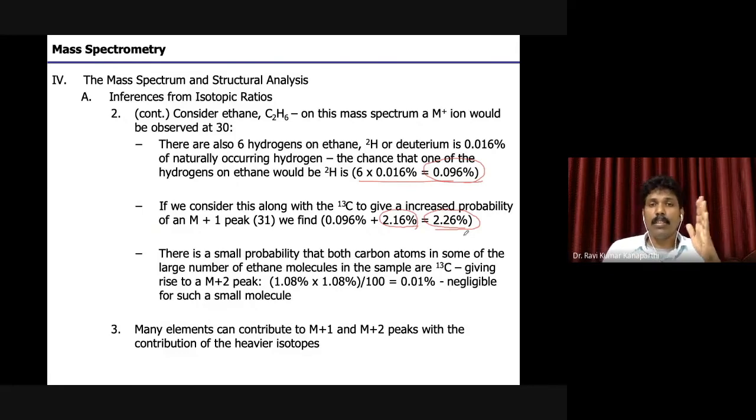That means when you talk about ethane, C2H6, its molecular mass is 30, and adjacent to 30, at 31, you will see a peak of 2.2 percent, a small, tiny peak. The tiny peak comes from the m+1, and to the m+1 mostly the carbons and hydrogens contribute. You may say that this is very negligible. Yes, this is negligible when you're talking about a small number of carbon atoms, or lower